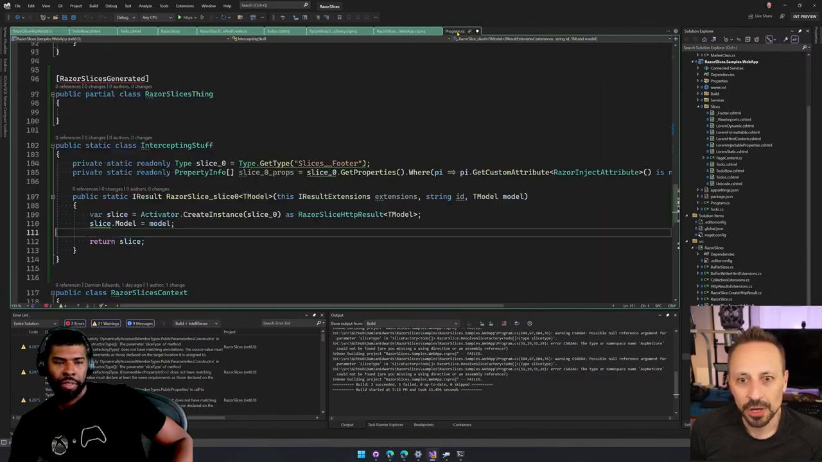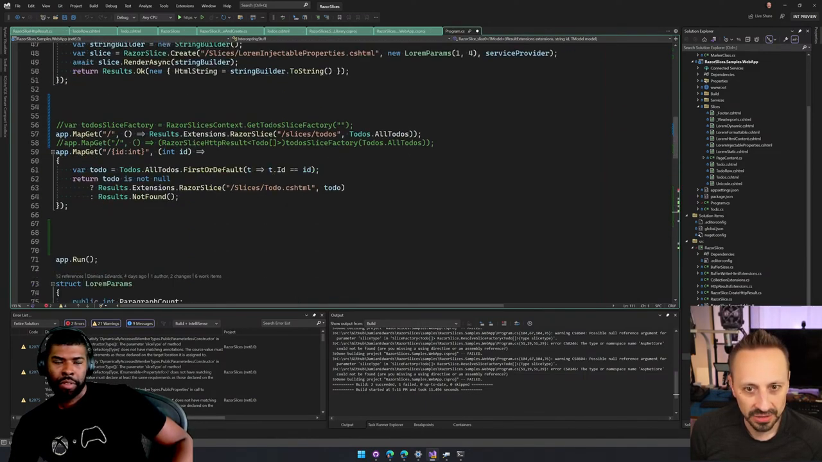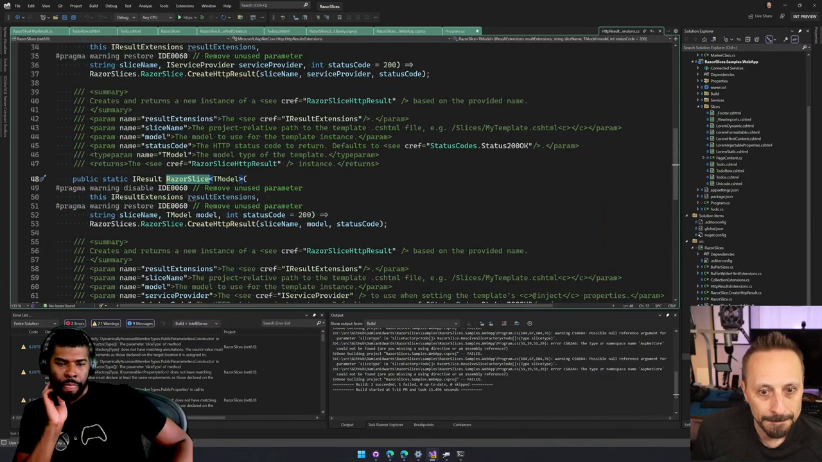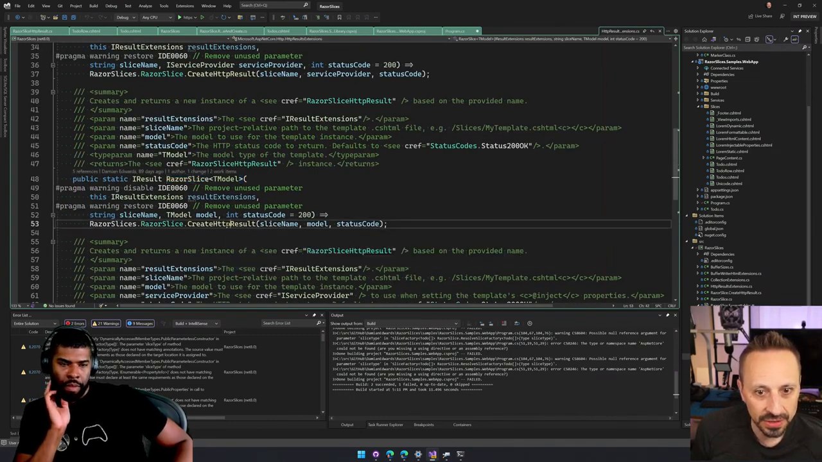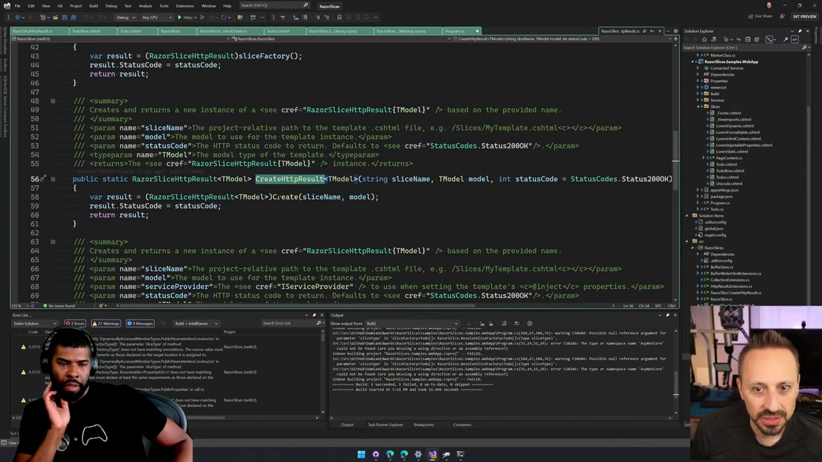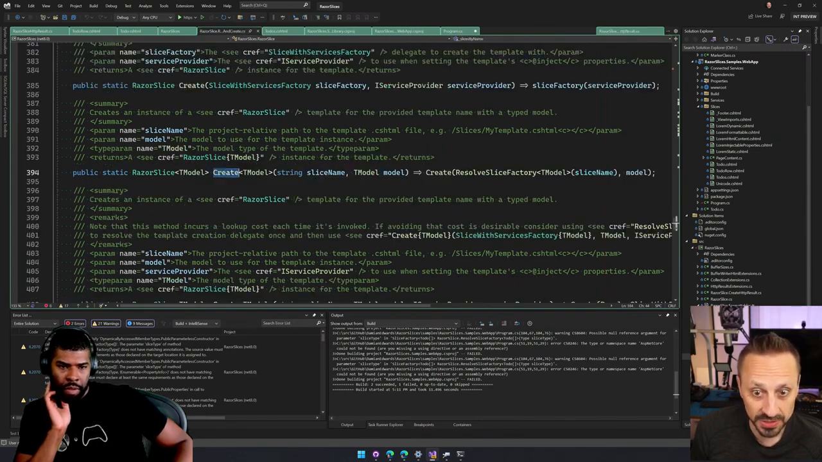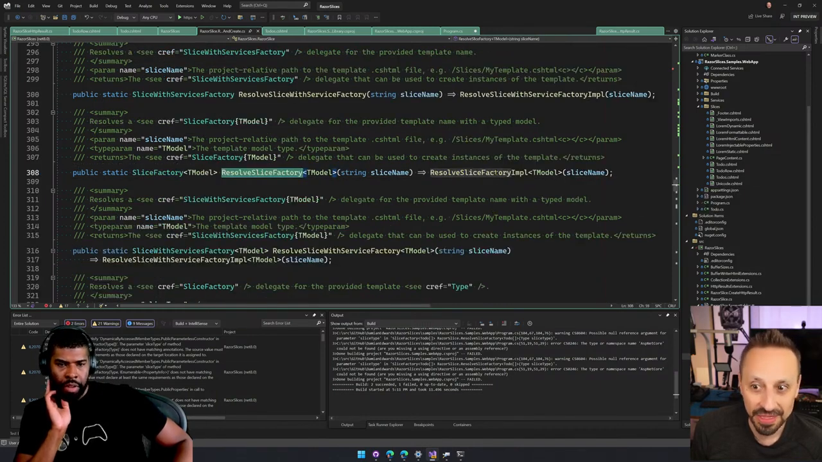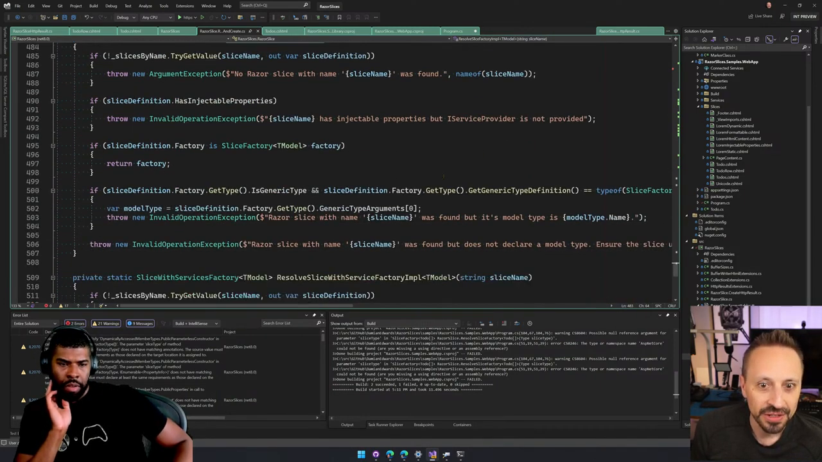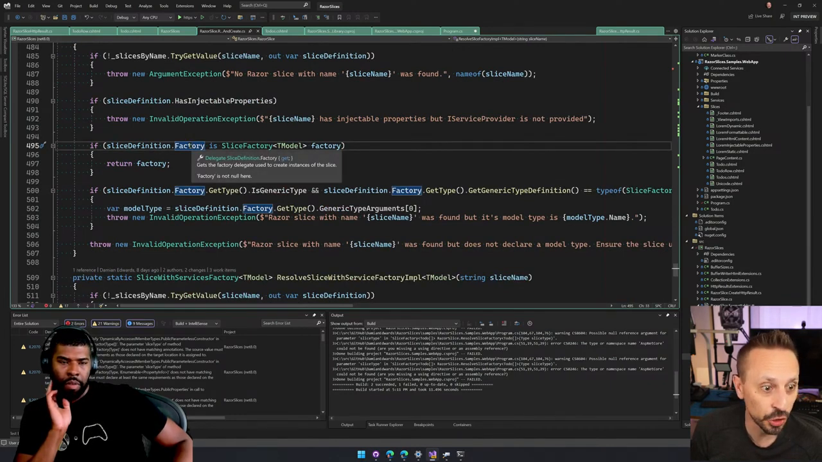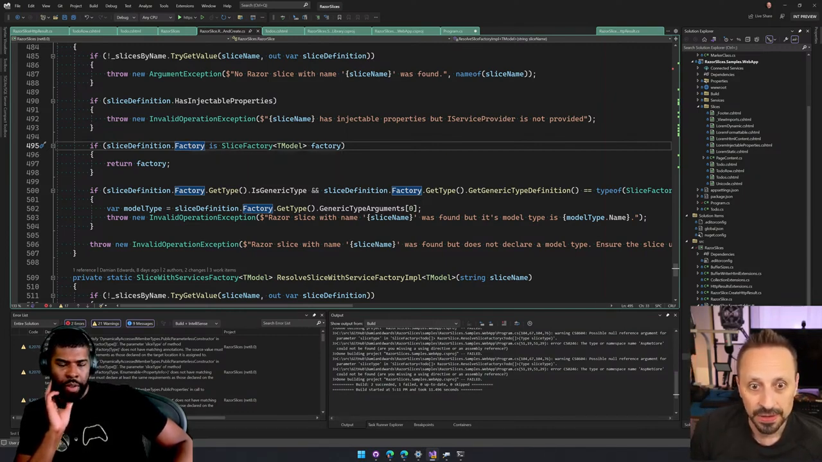What happens is if I go back and follow this all the way from here, this thing calls create HTTP result. That thing calls create with the slice MM model. This is what we're doing. That thing calls resolve slice factory. Right. And that thing has an implementation. This looks at the definition, for the fact this is typed as delegate, right? The global cache just has the factory, which was pre-generated up front with compiled expressions. Right. And then it says if it's,